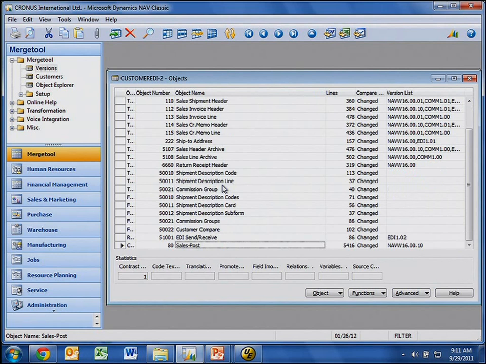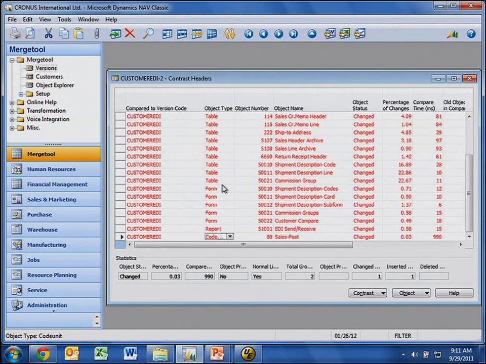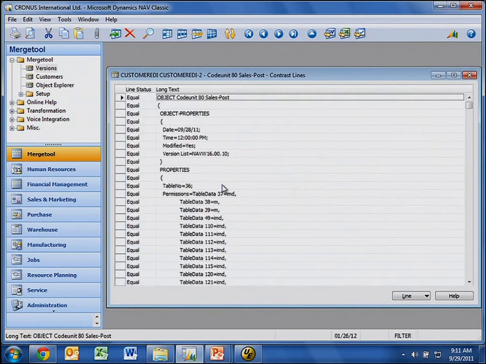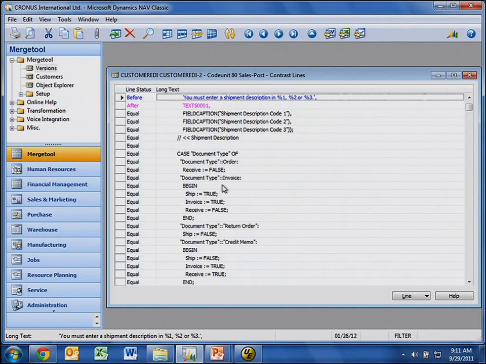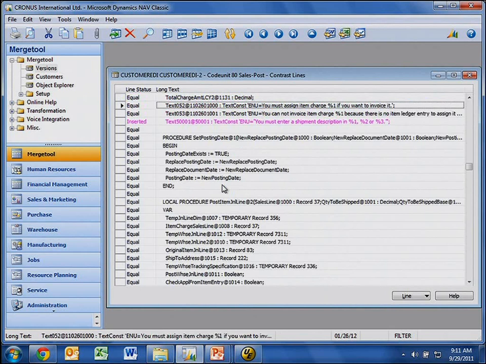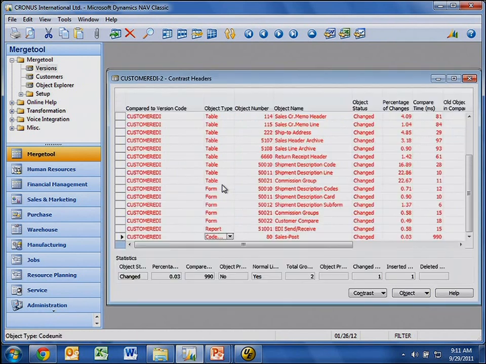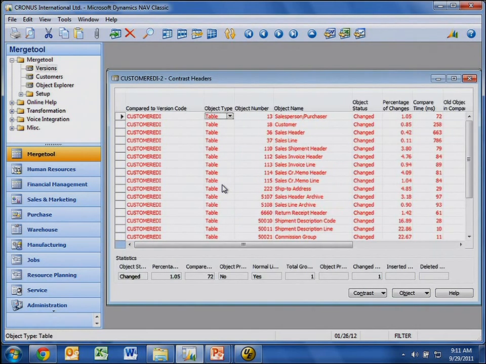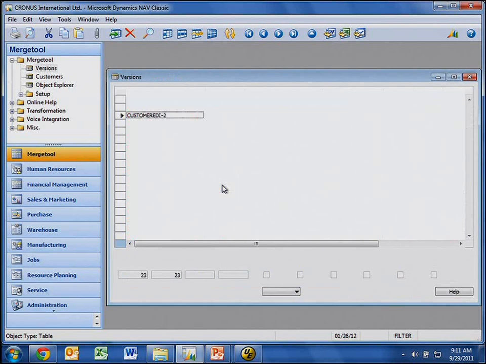Let's look at codeunit 80, because that's the most interesting one. It basically says now it's text 50,001. And as I come down here in the global variables, it added the text 50,001 with the text in here. So it actually did everything for me, all the programming. And if I look at a table like Customer, for example,